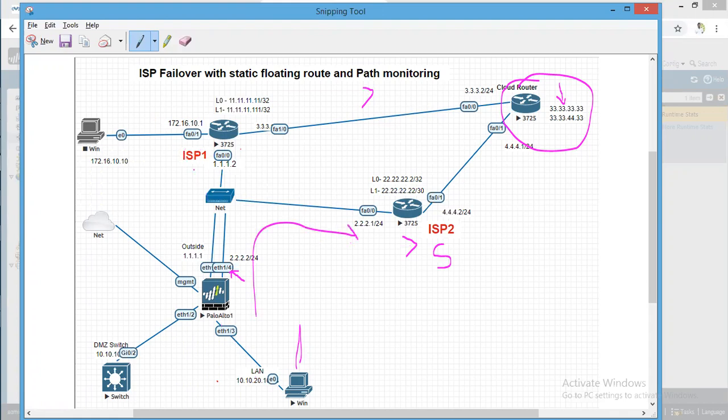But when the ISP1 link comes back up, Palo Alto will wait, and if this route is available for 1 minute, then Palo Alto will again install ISP1's route in the routing table and remove ISP2's route from the routing table. So that is preemption. Preemption means once the ISP link comes back up, after 1 minute, the traffic will flow via ISP1 because that is our primary ISP.